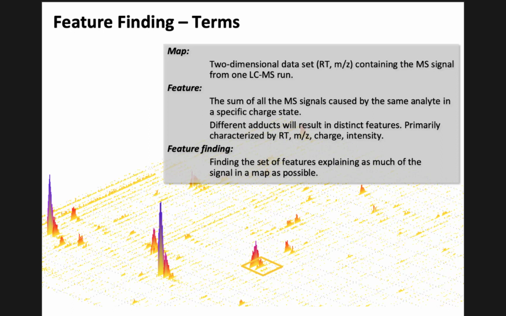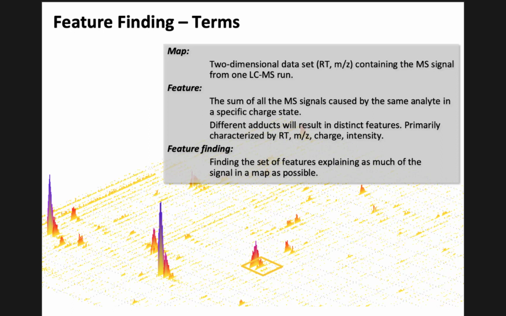And all that signal that comes from one analyte, we call a feature. Or to be more specific, all the signal caused by the same analyte in a specific charge state. Because some of these peptides occur in multiple charge states. So technically, you see two features from the same peptide. You see a +2 and a +3 feature from the same peptide, but the overall concentration would be the sum